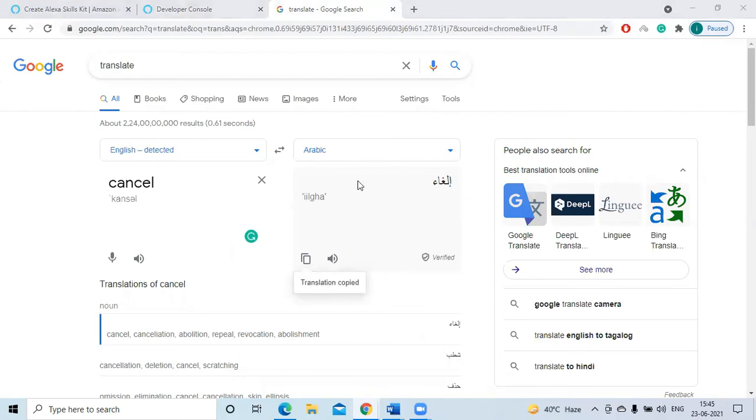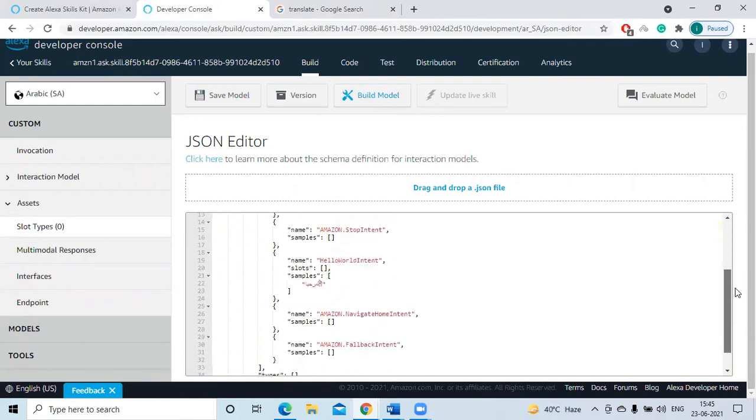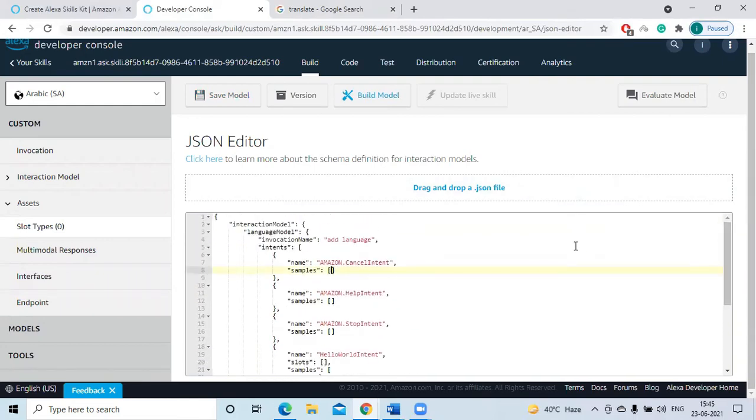Copy and in double quotes paste this one. If I say this word, then my Alexa skilling operation will get cancelled. While testing I'll show this one. We have saved successfully, build the model.